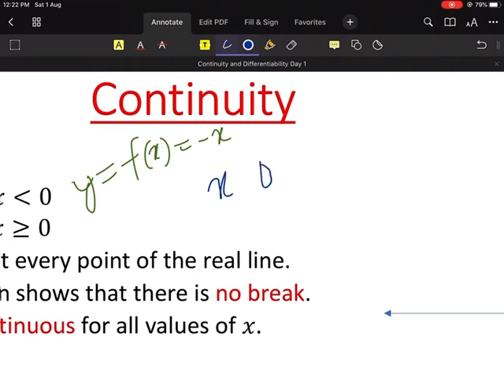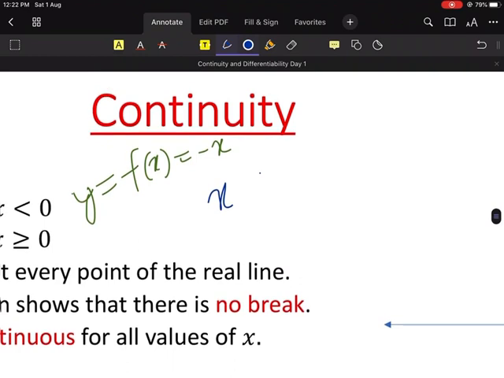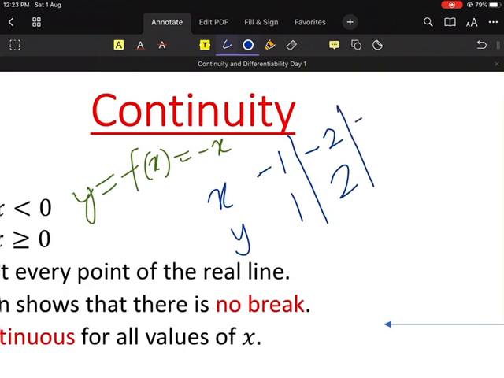Y is equal to minus x. Can anybody tell me when x is 0, y is how much? No, x cannot be 0 because here it says x less than 0. Tell me, when x is minus 1, y is how much? Fast, guys. Plus 1, right? Yes or no? Now tell me, when x is minus 2, what is fx? Or what is y? Plus 2. Last one. Tell me, when x is minus 3, what is y?